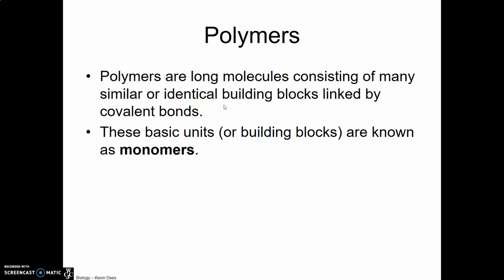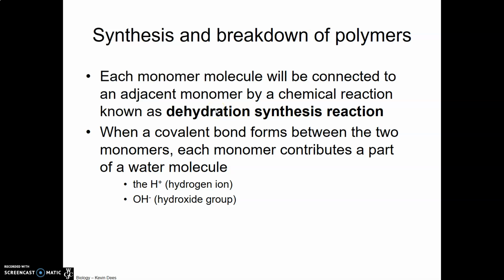The basic unit of these polymers, or these building blocks, are known as monomers. And again, these word roots come from poly, meaning many, and then mono, meaning one. So we group monomers together and we form covalent bonds, sticking them together to make these long polymers. Now, as far as the process for building or synthesizing or breaking down or decomposing these polymers, we're going to use a couple of different types of chemical reactions. So let's look first at how we build these